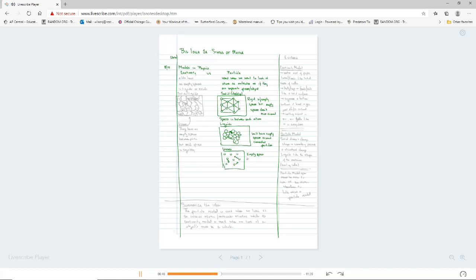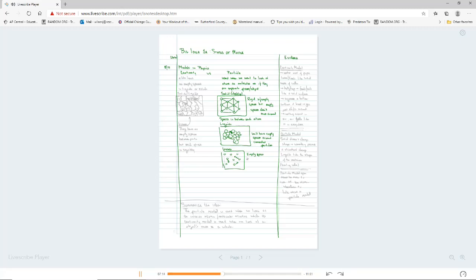So maybe in your mind, when you first start doing your notes, here's your big idea 1, states of matter. You've got your first big idea, and here are the models that we're going to talk about. And now you've drawn some pictures over here. And in this column, you want to give evidence for each one of these ideas. I'm going to get to that in just a minute, but let's talk about what the continuity